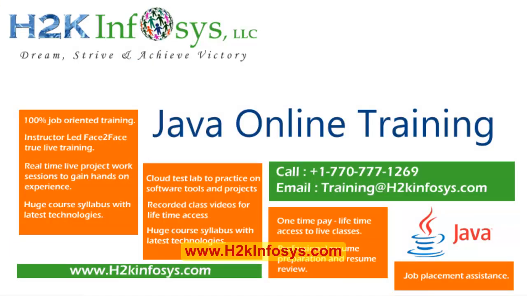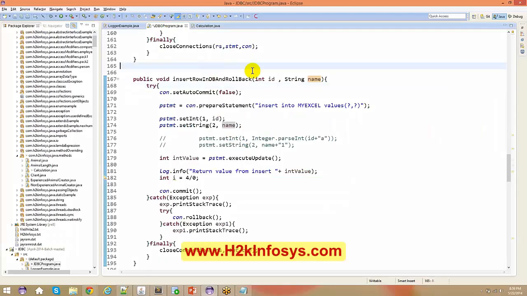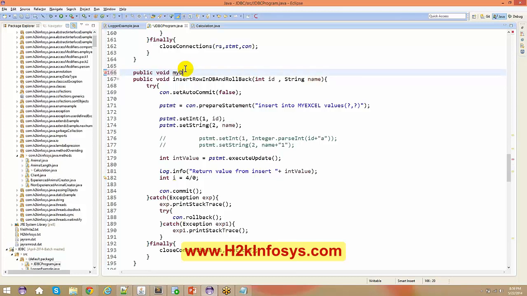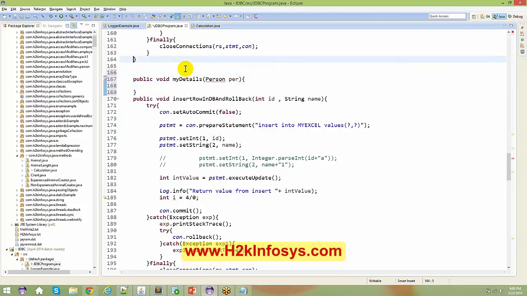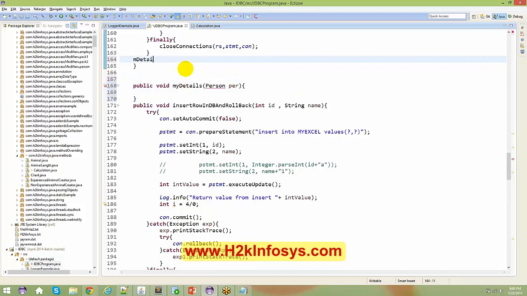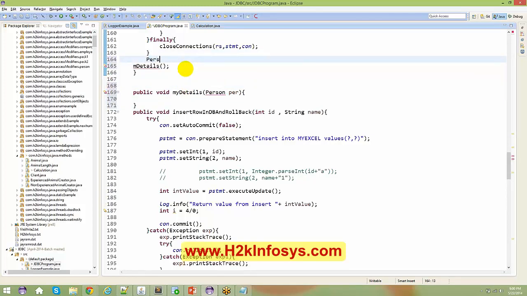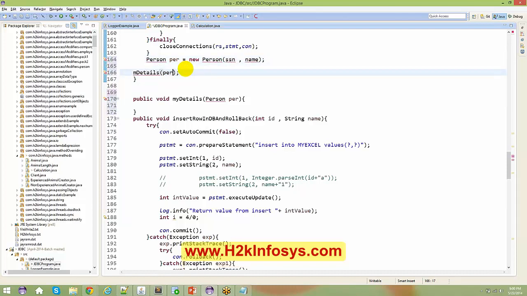Yeah, I can even show you that. Otherwise, you can just create a method. Create something like, for example, public void myDetails. In that, try to pass a person per. Let's say I'm just trying to call it from here, you just say myDetails, and let's say you have already created a person per s1, person per equals new Person, with some details, let's say your SSN, your name. So what you do, you just pass this person out here,